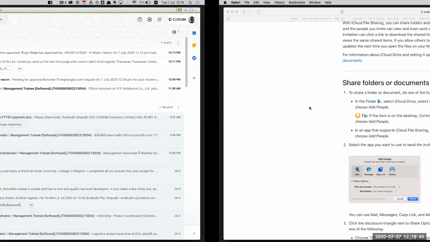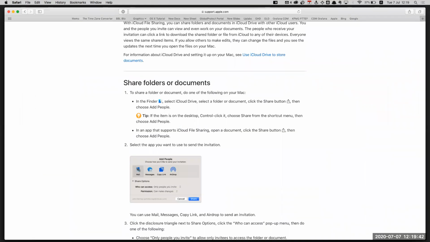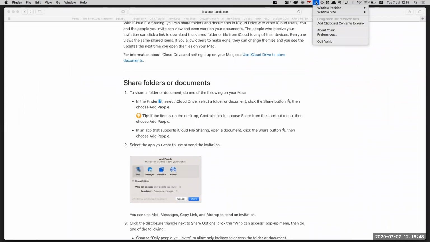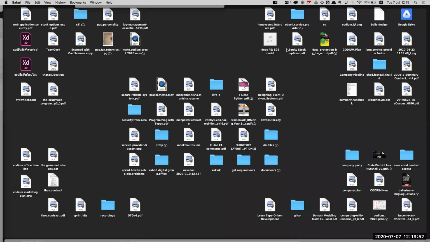But I have a killer application that I want to share with you. There's this app, but you cannot use it in the latest macOS anymore. It's called Yoink. What is Yoink? Let's say, how many of you had to download some application and then had to try to drag it and drop it somewhere else? This Yoink application,